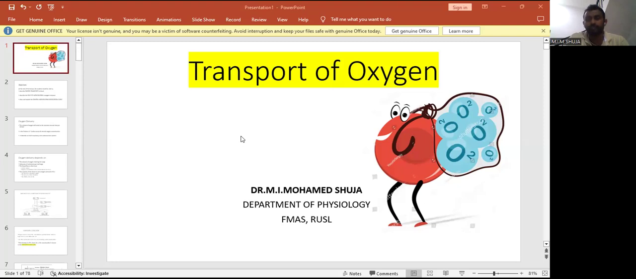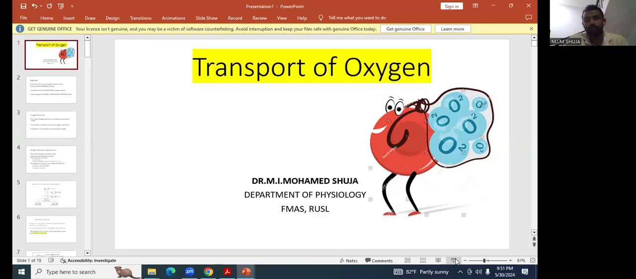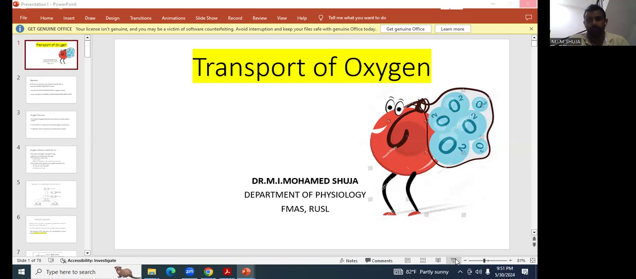As you can see in this picture, the red blood cells are carrying oxygen. So the oxygen is transported throughout our body, mainly in conjunction with the